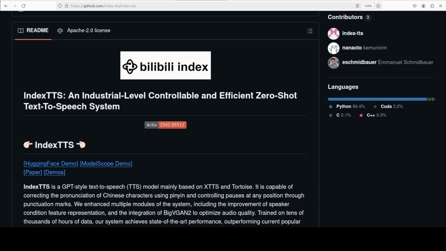In this video, we are going to have a look at IndexTTS, which is essentially a next generation GPT inspired text to speech model built on top of XTTS and Tortoise, but with some clever tweaks that sets it apart. We are going to install it locally and we will see how exactly it works. I'm also going to describe a bit of an architecture because they have done something different from the rest of